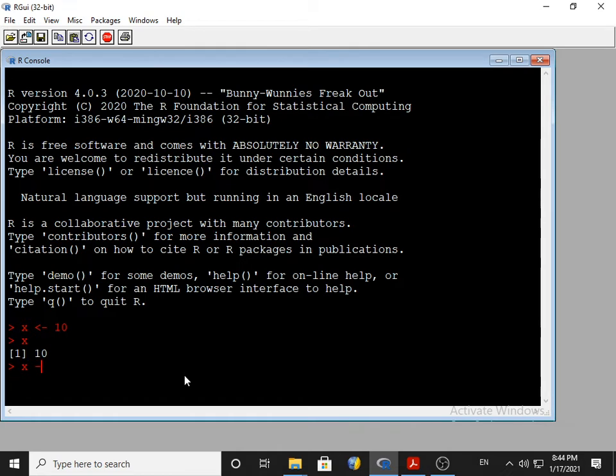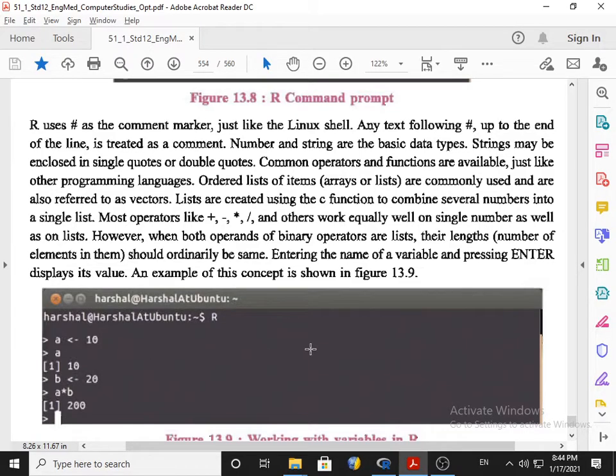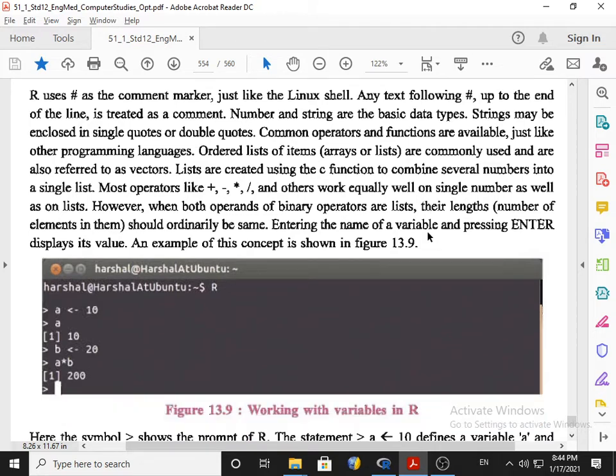String means collection of alphabets, either in single quotes like this or in double quotes like this. Now if you write X, then you will get the answer as a string. So a string may be enclosed in single quotes or double quotes.